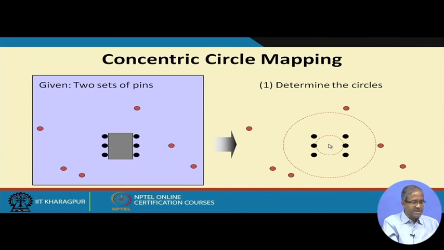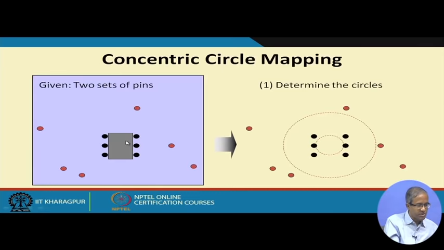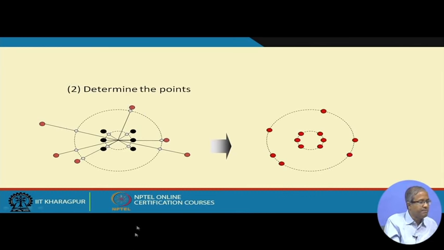Then from the center of the circle we draw lines to the 6 pins. Let me go back once. Say from the center I draw a line to these 6 pins. Okay. These lines will be intersecting the inner circle at some points. Similarly, I draw lines to the external pins. Okay. They will be intersecting the outer circle at some points. So, that is shown in this diagram. The inner circle will be cut at these points which are shown, and the outer circle will be cut at these points that are shown,